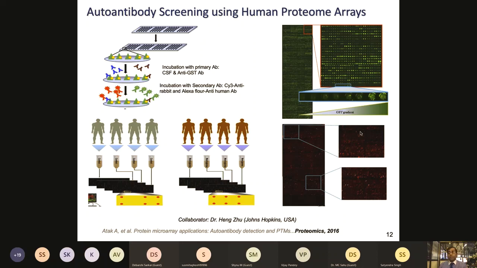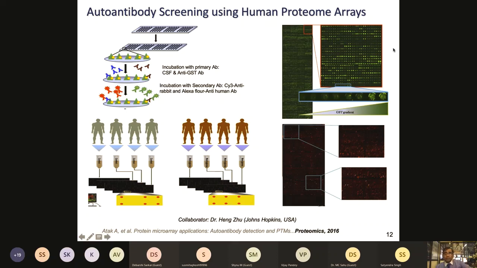But here the context was slightly challenging. I was working on brain tumors at IIT Bombay, and we had 200 or so patient serum samples. These patients were of different grades of tumor. Some are healthy individuals or normal, and some are grade 1 to 3 of gliomas, and GBM, glioblastoma multiforme, grade 4. Likewise, we had a few patients of meningioma of different grades, grade 1, 2, and 3. The idea was, can we make an effort to look for whether there are autoantibodies in these tumors as well.